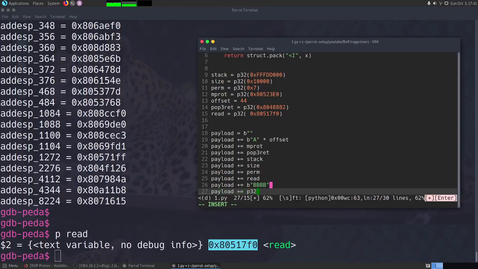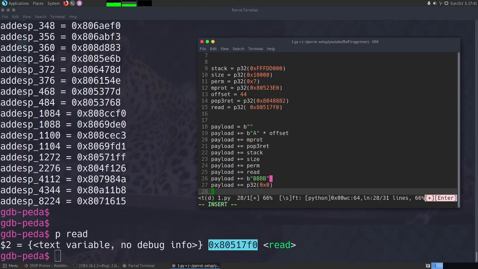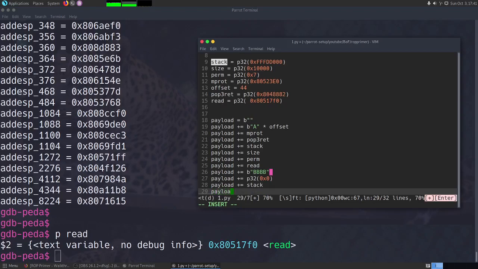Then we want the, if you remember the call to read, the first was the FD number, which is stdin, which is 0, and then we need the buffer address. Buffer address is the same address which we have marked as executable, the variable storing the address which was marked as executable. So we will use the same address, and then we need the size. Let's say 200, 300, 400, whatever we want. I'll just use 400 here.